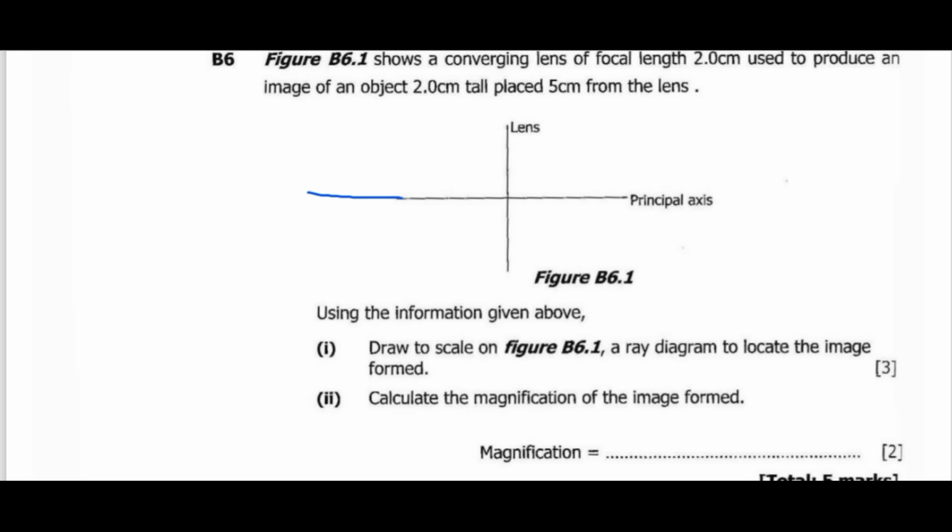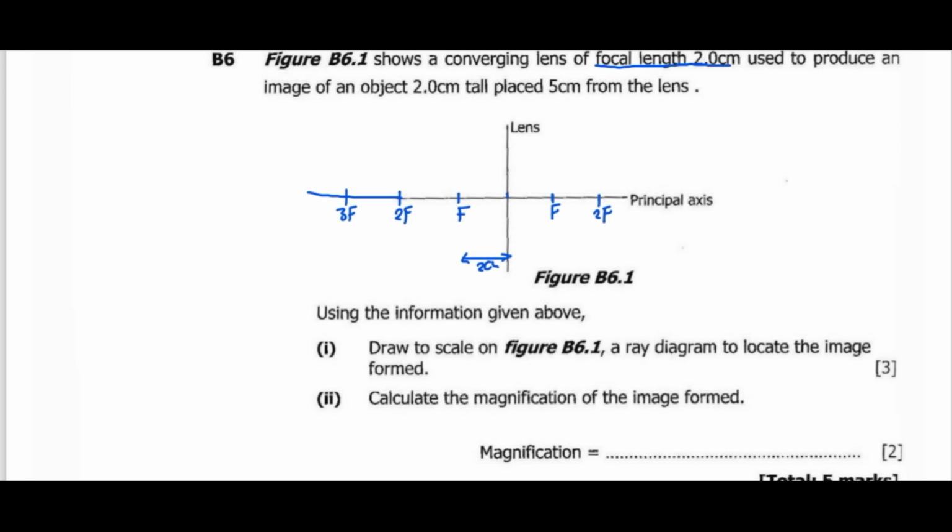So what is our first step? We know that the focal length is given as 2 centimeters. So from the lens here, where we are going to have F1, make sure that the distance here is 2 centimeters. Each focal length will be 2 centimeters. So here we are going to have 2F. If we have 3F, make sure that each focal length is equal to 2 centimeters. Then this must also be done on the right side. So also here it's 2 centimeters. Then here we have